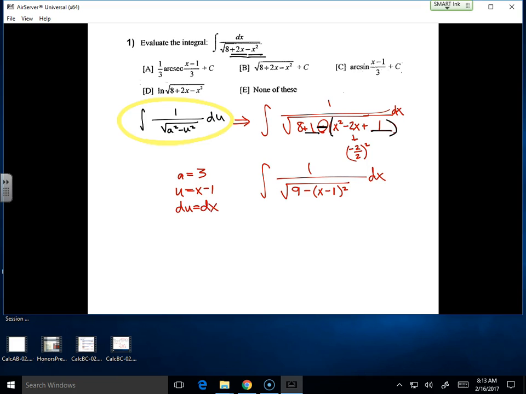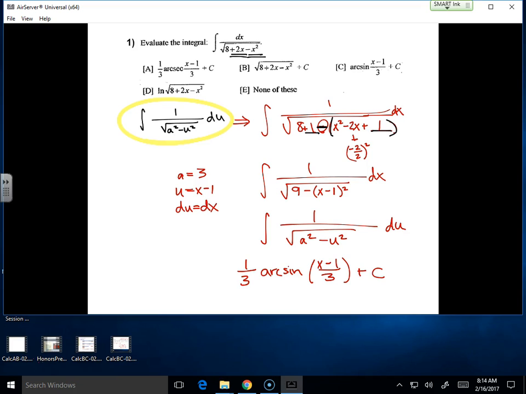Now carefully plug in. Carefully plug in. You can go ahead and say this is the integral of 1 over the square root of, do I have my a squared minus u squared? Yes. dx can be replaced with du. Do I need to pull any constants out? No. So let's just jump to the answer, okay? And the answer is 1 over a, which is 1 over arc sine of u over a